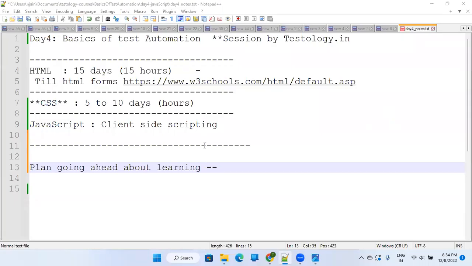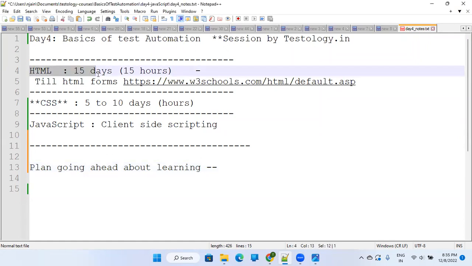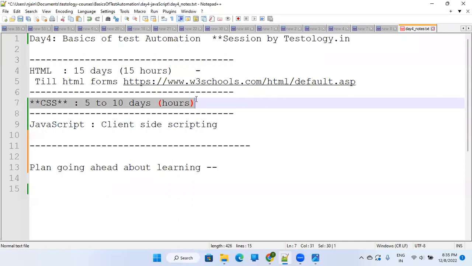Let's start now. This is our day 4 on learning basics of test automation. We have already talked about HTML, that you should spend some time creating web pages and play with the elements, create forms, create different kinds of elements, right? And CSS, we have already talked. CSS is very important to understand about how